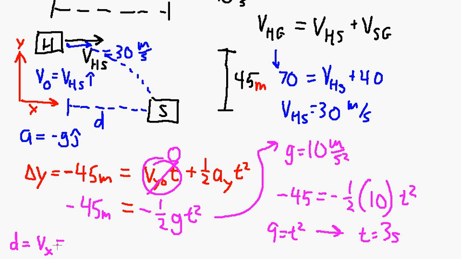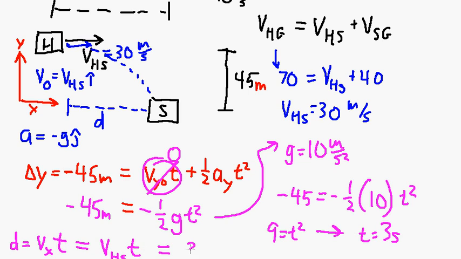And in fact that equals, well, times the time it takes to fall. So the time it takes to fall this far is how long the package has to move horizontally from Harry to Santa. V_x, this x component of velocity, is just the x component of the package's velocity, which is just Harry's initial velocity. So this equals velocity of Harry with respect to Santa times time, and that equals,